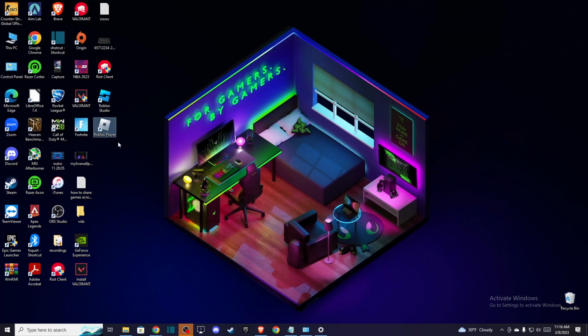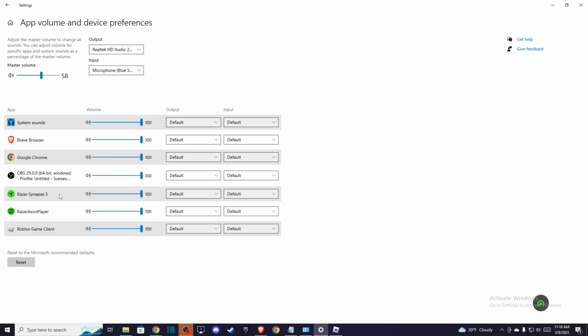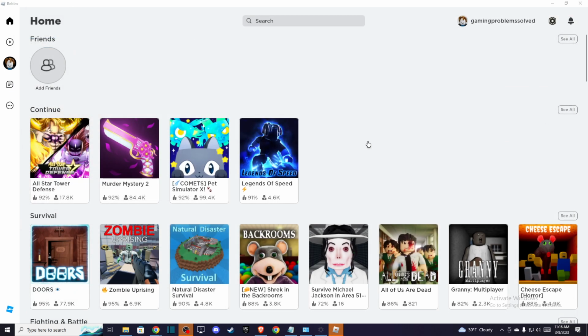So if I turn Roblox on again, as you can see here, we need to wait until Roblox appears. Make sure that it is on the right volume here, and also this mute button is not on, right? And if the problem persists, what you need to do next is close the window here,